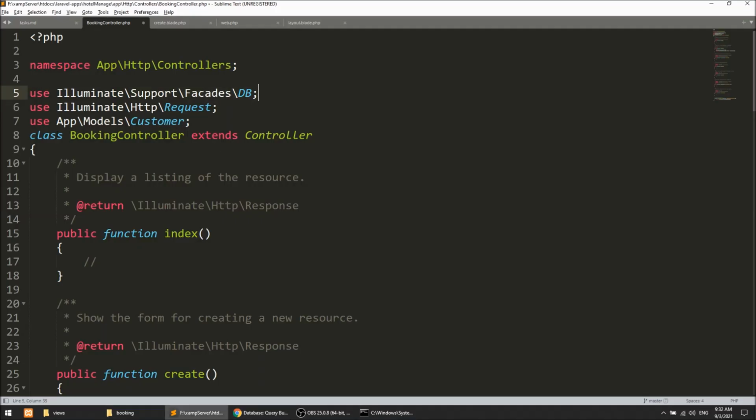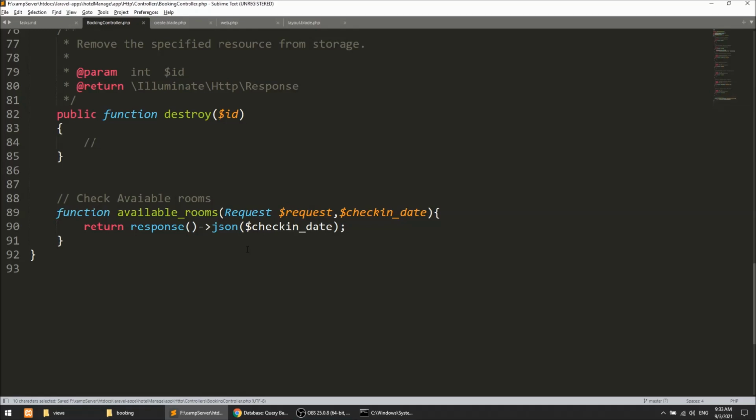Okay, so we have this. We are going to use the custom query, we are not going to use the ORM for the availability of the room. When we are checking the availability of the room, we are going to use the custom query. So what we are going to do here is say available rooms equal to